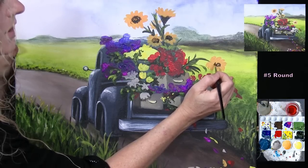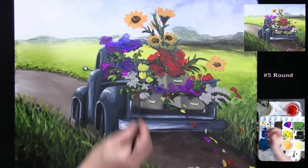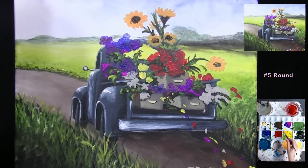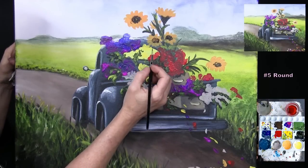We're going to have some petals kind of leaning over the center too. That looks pretty good. I need a little more in there. There we go. I'm going to wash and dry my brush. I'm going to pick up some brown paint, and I've got a couple of flowers like these